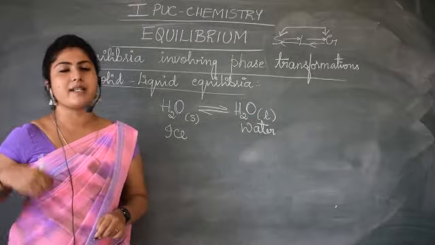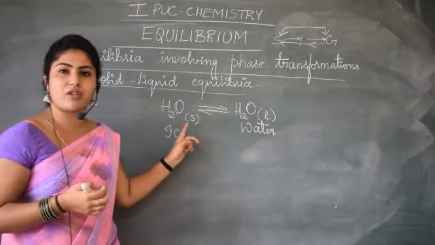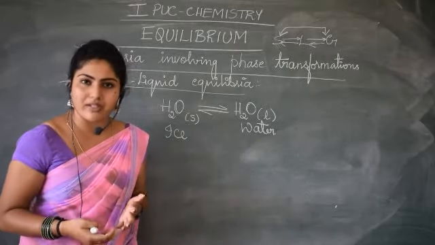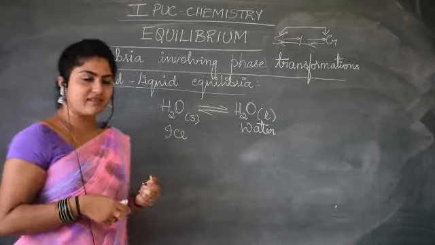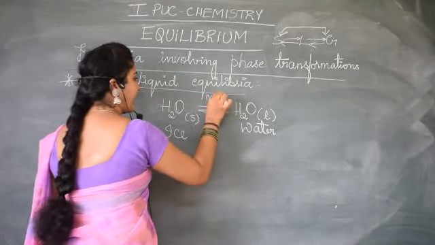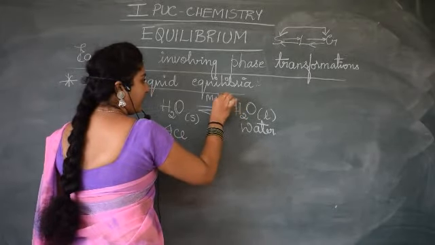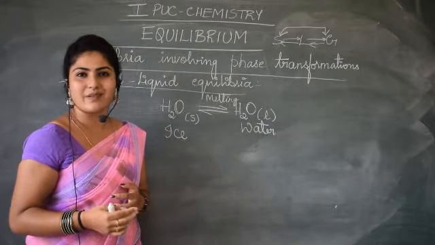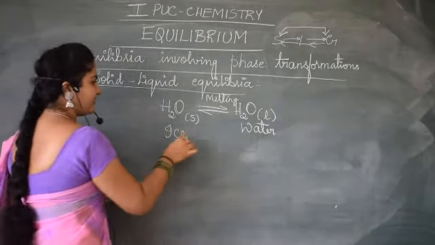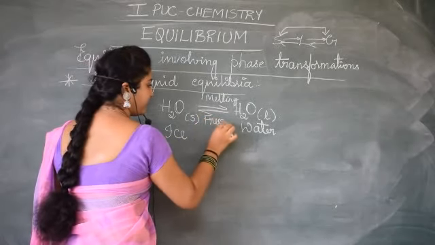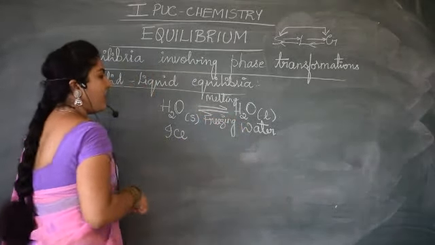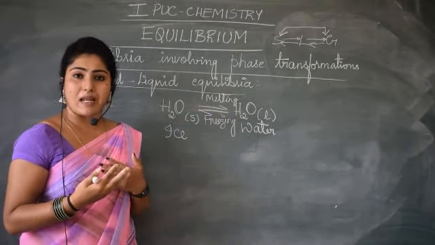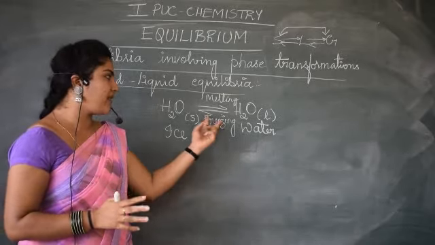So what is the process of conversion of solid into liquid called? Now if ice is getting converted into water, what do you call that process? You call it melting. Am I right? Melting. Water getting converted into ice, what do you call that process? You call it freezing. This double-headed arrow mark indicates that there is equilibrium that can be attained, or that it is a reversible process. In general, it's a reversible reaction.